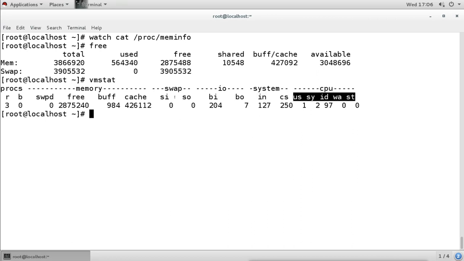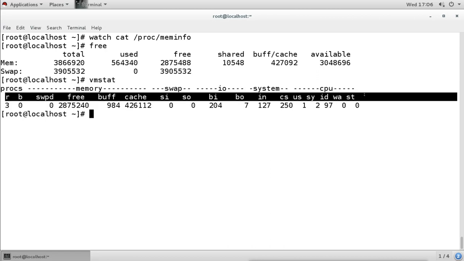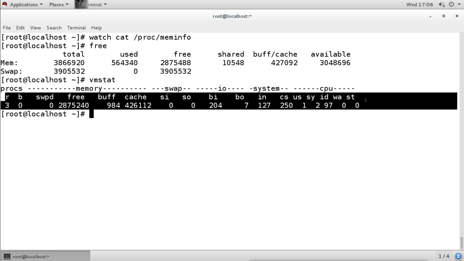So how much your RAM is using, how much your swap memory is used, how much block input output it is having. Then it also shows the system processes, and the load on the CPU. Now when you run this command, it shows you the information up to now, that is, whatever load you have had on the RAM, memory, or processor till now. But if we want to do monitoring, we monitor for some time.